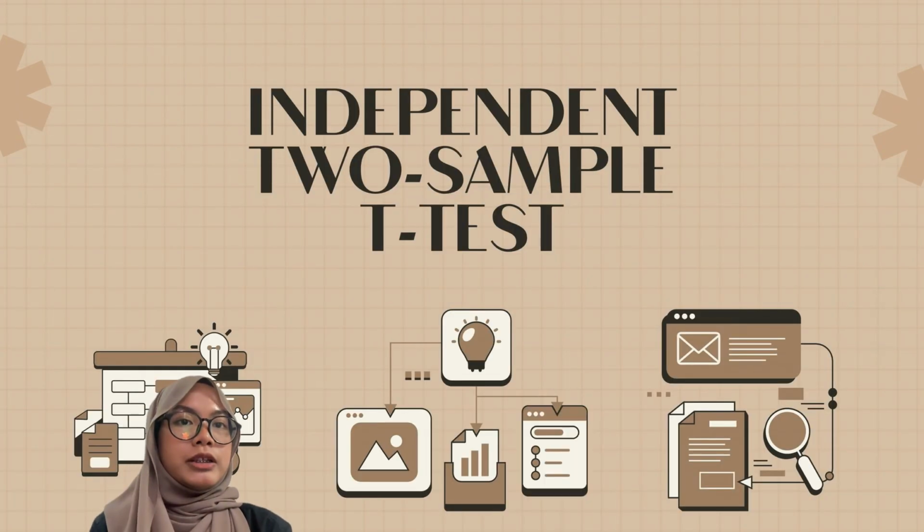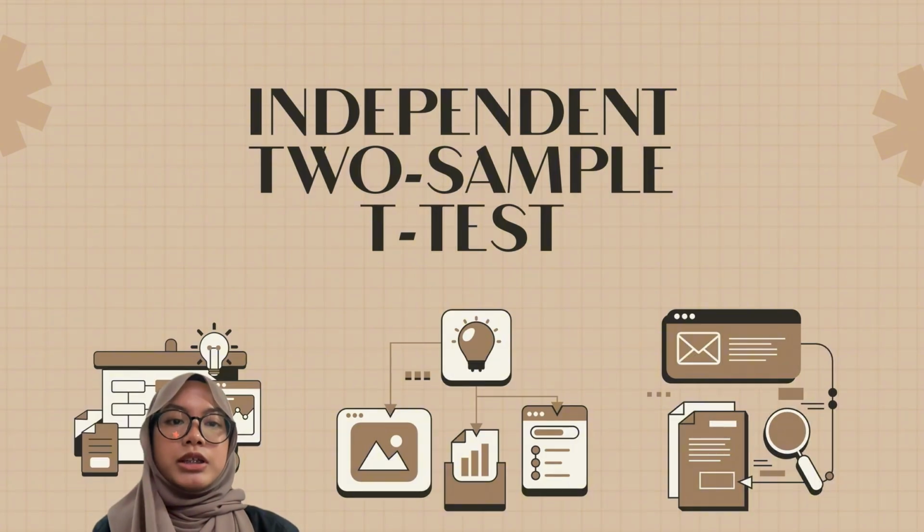Although there are three different types of t-tests, this video will mainly focus on the independent two-sample t-test, which is one of the most commonly used statistical tests in research. As mentioned earlier, this test is used to compare the means of two independent groups and determine whether the difference between them is statistically significant. In the next section, my teammate will explain the concept and assumptions that must be satisfied before performing the